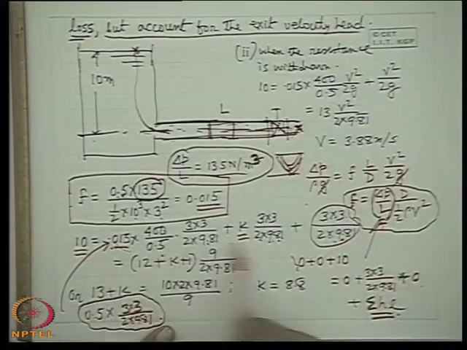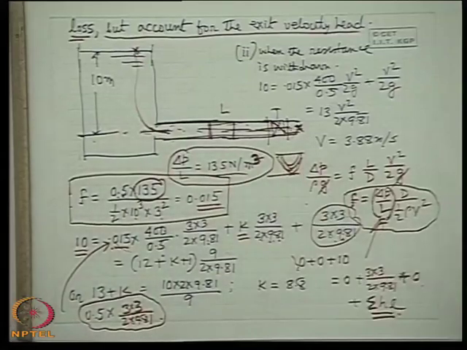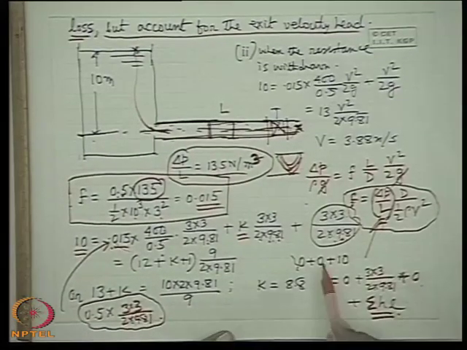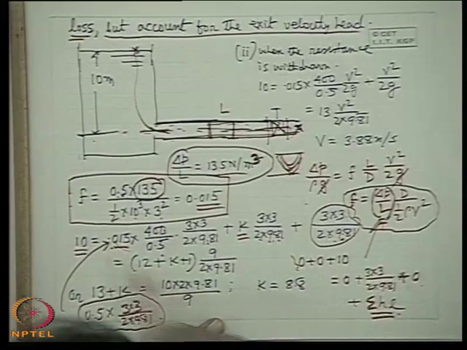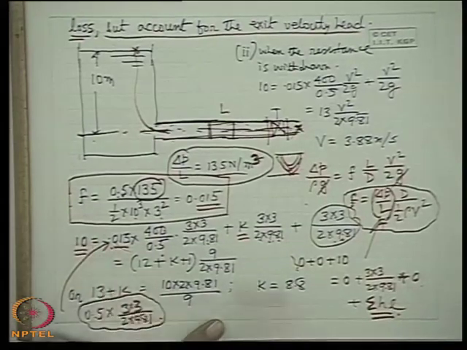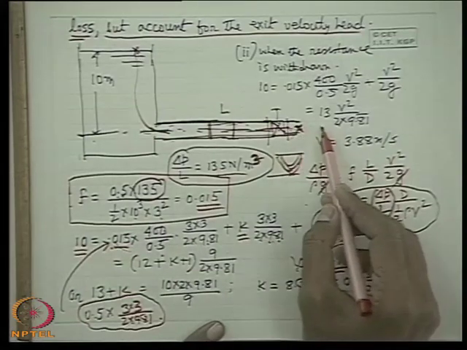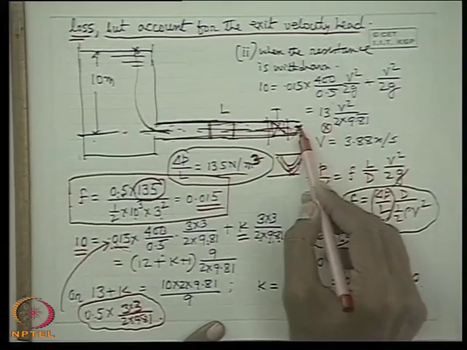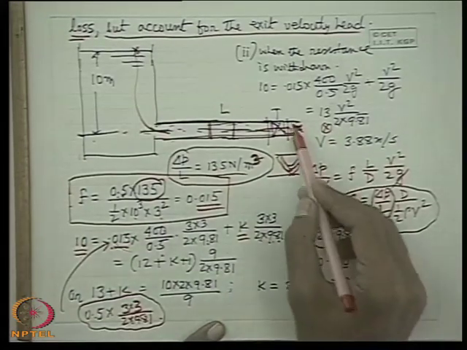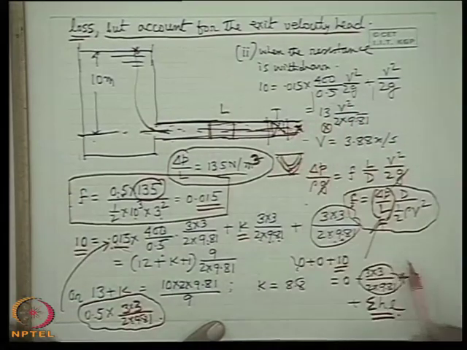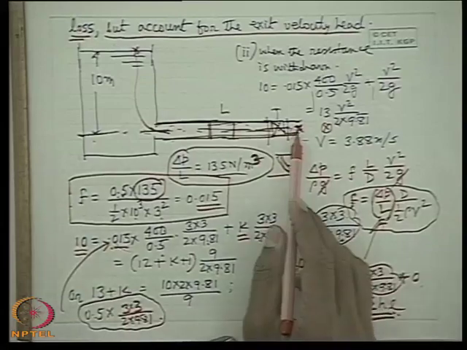That means a simple energy balance, energy accountability. Whichever way you look into the problem, the equation remains the same. That means this side 10 is equal to the velocity head plus HL. If one says that I will write the equation far ahead where the fluid velocity is not there, for example if it was in a reservoir, then this velocity head will appear also as the loss. As you look into it, that is the exit loss.